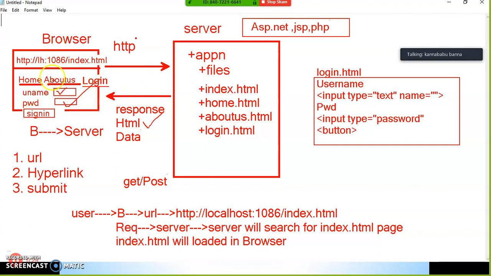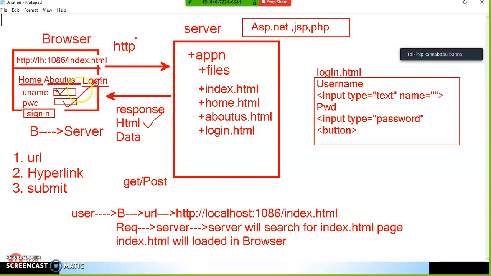And every time the page will get refreshed, every time the page will get loaded, so there is unnecessary burden on the server. Is it clear? So this is a common problem that was identified in all web application development. Every time the page will be refreshed. What is the problem of page refreshment? Again the designing code will execute. Every time the code will get executed. That is the problem.